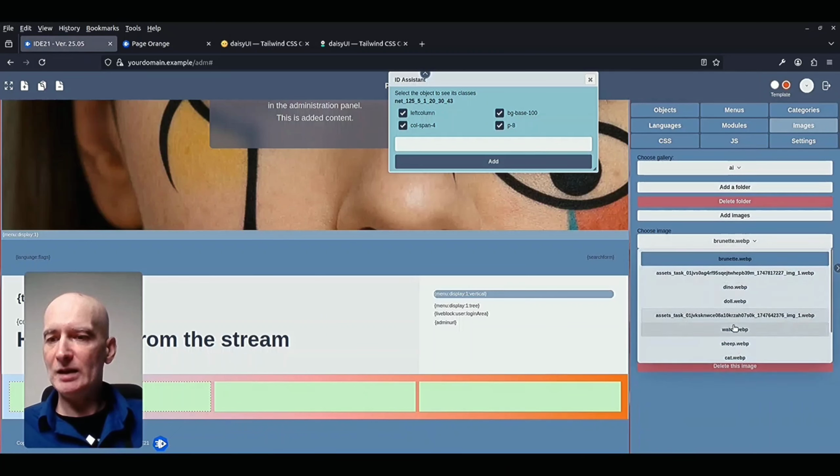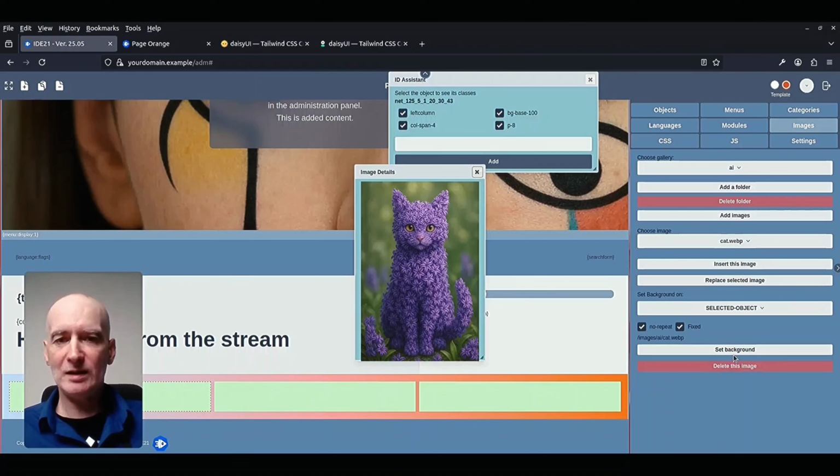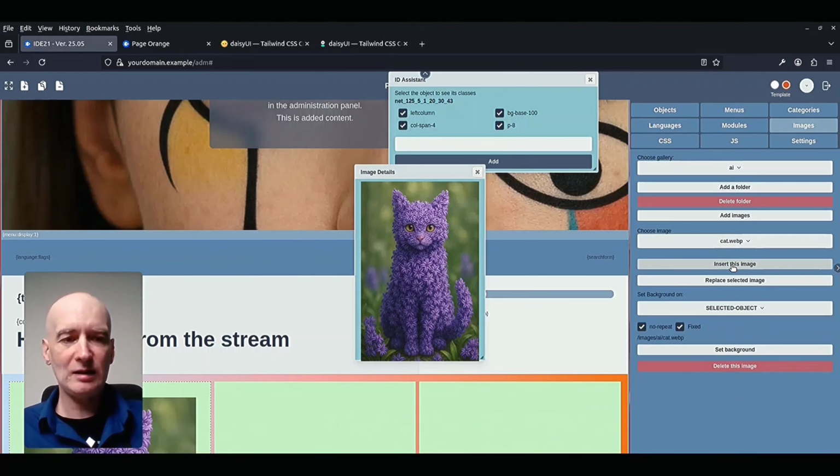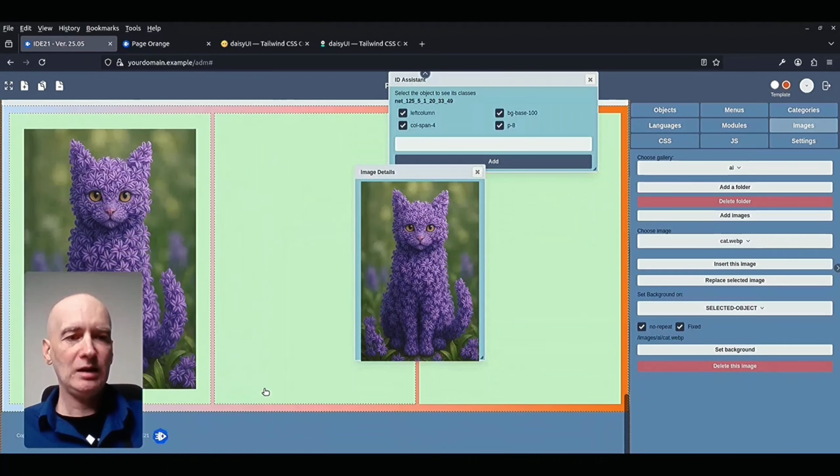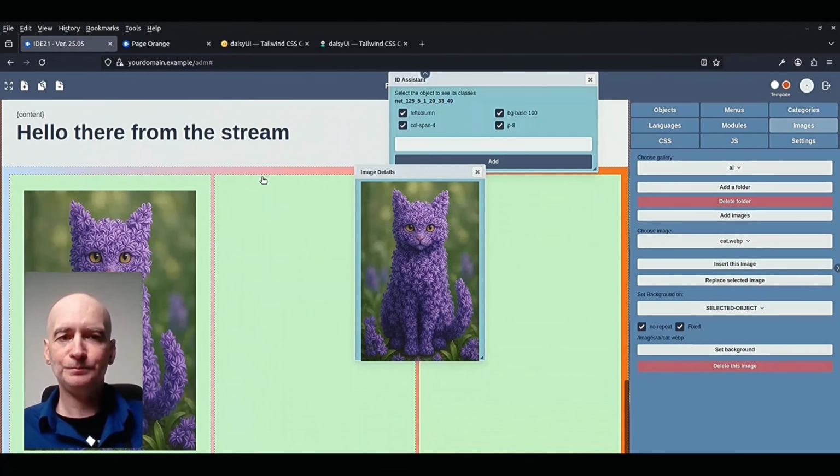Let's say cat. This is some interesting image, and you can insert the image with this button to insert image. As you can see, it is here.